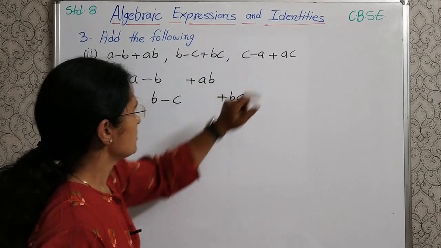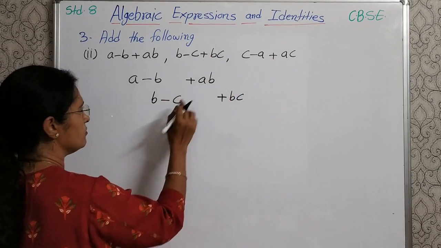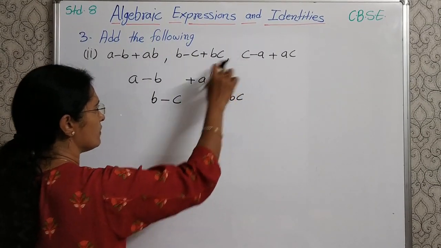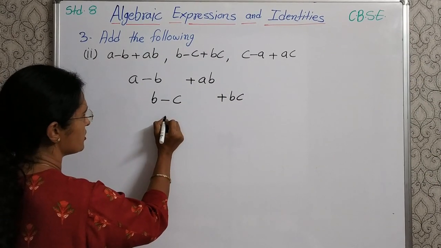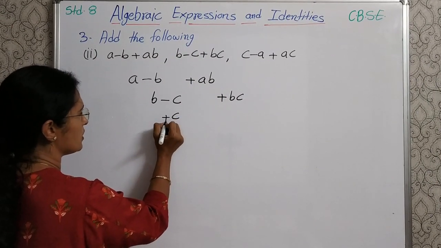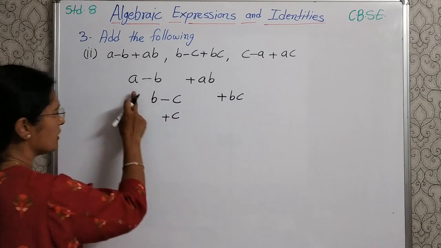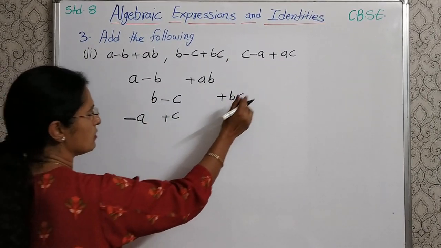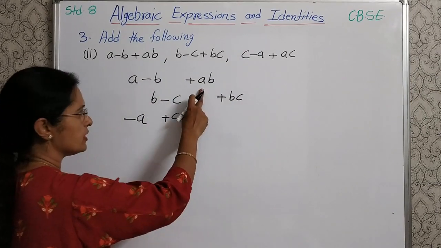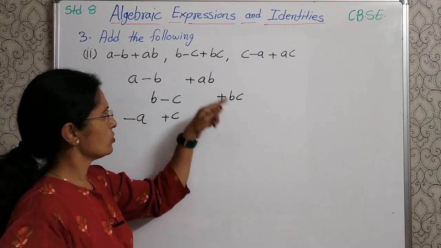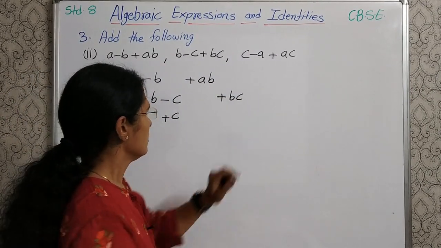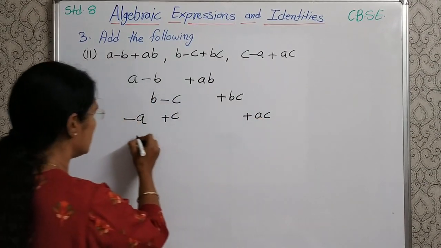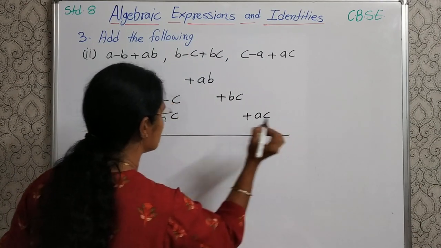Next, C minus A. So C will come for the third expression. C minus A plus AC. C will come below this C, which is positive C plus C. Then minus A will come below this A. So minus A here and plus AC. Now here it is AB, here it is BC. There is no AC term. So we write it in the next place. And now add these three